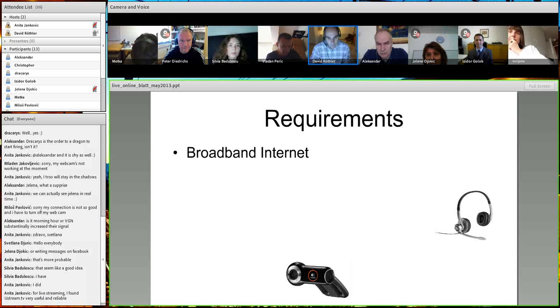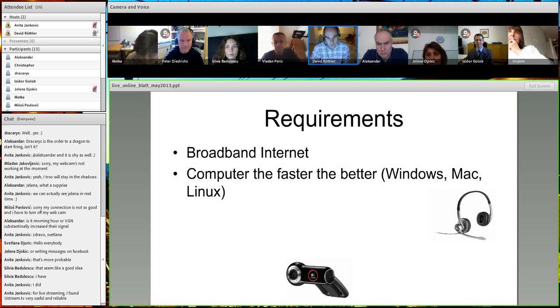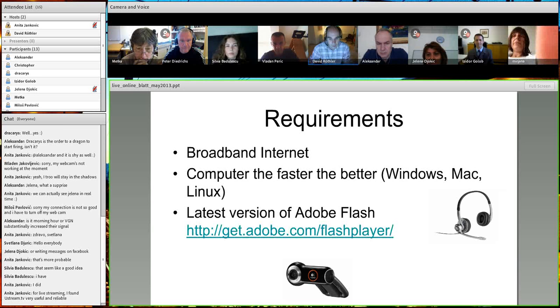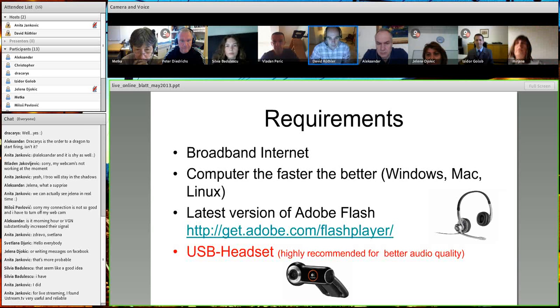So what is important for Adobe Connect? You should really have broadband internet. The faster, the better for the computer as well. Windows and Mac are really fine. Linux works as well, but it's a little bit more complicated, and sometimes it was difficult, but it should work. The latest version of Adobe Flash Player,